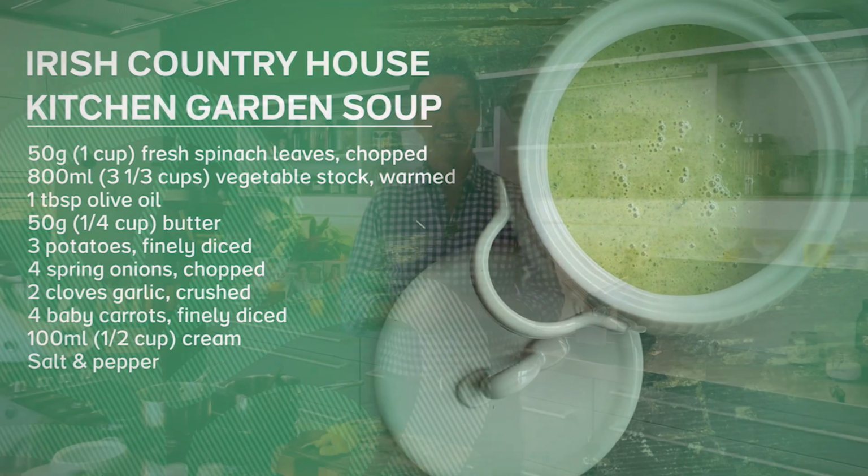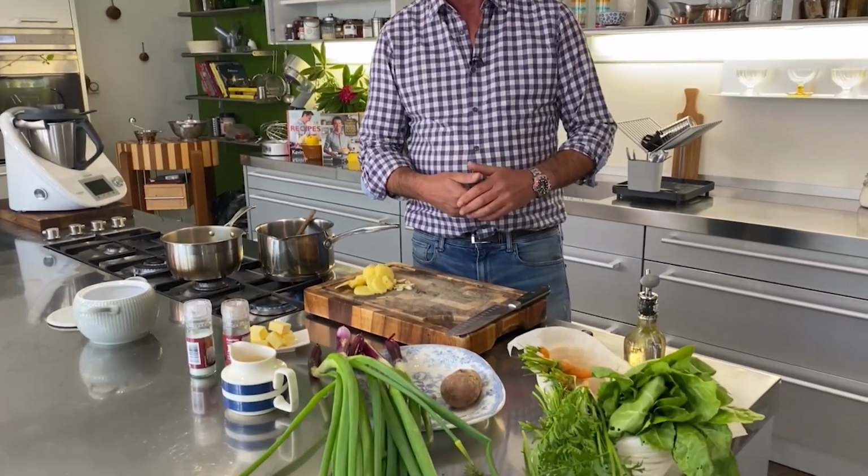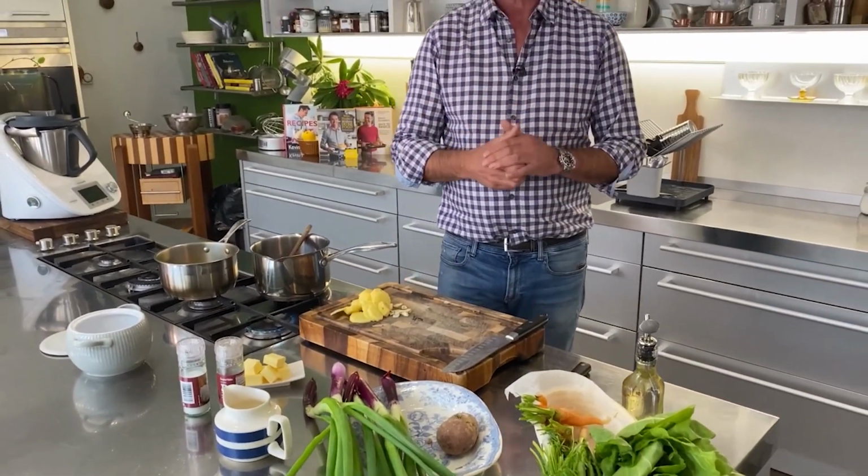So welcome to my kitchen here in Dunbrody House in the sunny southeast corner of Ireland, part of the ancient East. We're blessed here because we have the Gulf Stream that comes past our shoreline, which gives us a microclimate, which means that we can grow fantastic fruit and vegetables. And we're also blessed because we have an amazing kitchen garden, and all these vegetables that you see in front of me are coming from our kitchen garden, and we're going to make an Irish country house kitchen garden